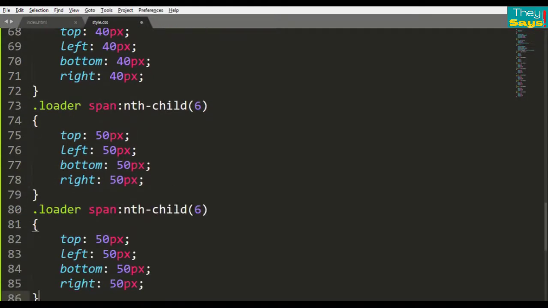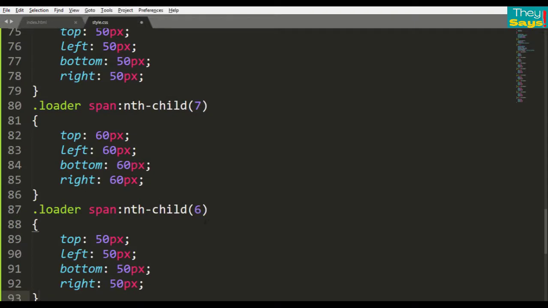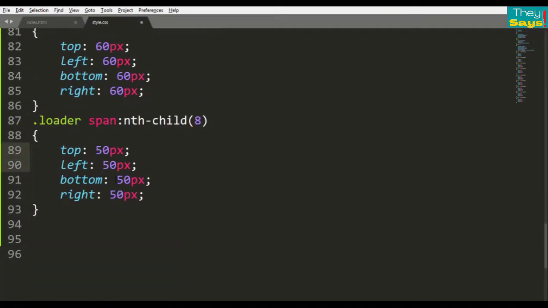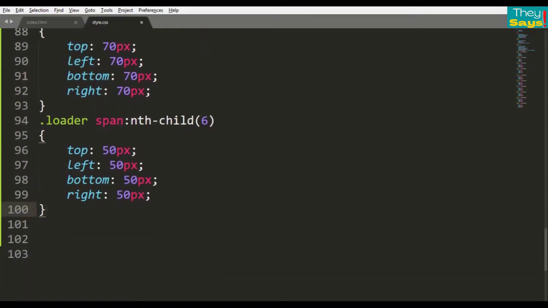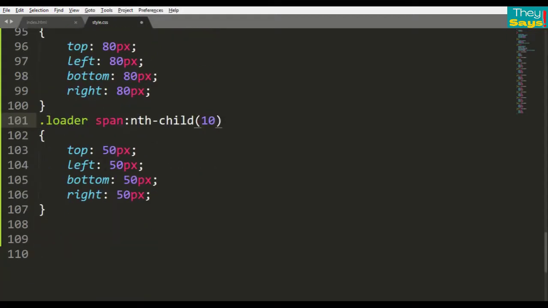For child number 7, position value is 60px. Child number 8, position value is 70px. Child number 9, position value is 80px. Child number 10, position value is 90px.